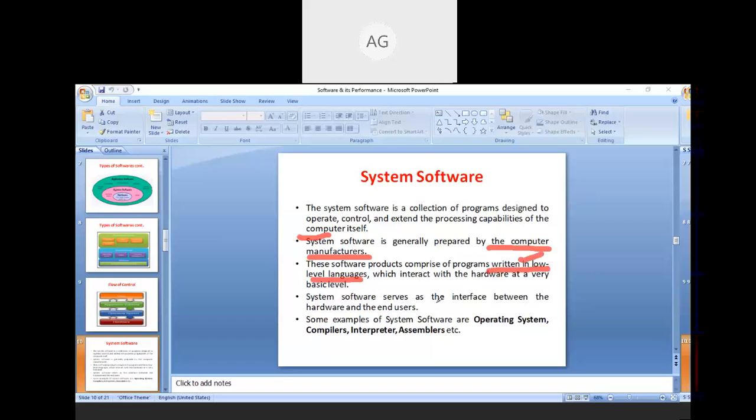So system software serves as the interface between the hardware and the end user. From the diagram, we clearly see that the system software comes in between the hardware and the user. Some examples of system software are operating system, compiler, interpreter, assemblers, etc. These are the common examples of system software.